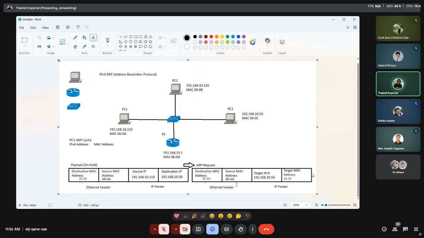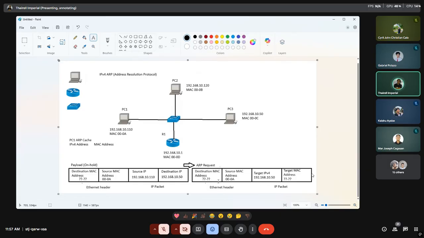So this request will be generated. This data packet here, which we refer to as the ARP request, will be generated. And the payload, the earlier data packet that is supposedly containing your information, whatever that is, it could be the contents of a text, it could be an email, etc. Instead, the payload will be put on hold and you'll have there an ARP request, okay? So you have an ARP request generated.